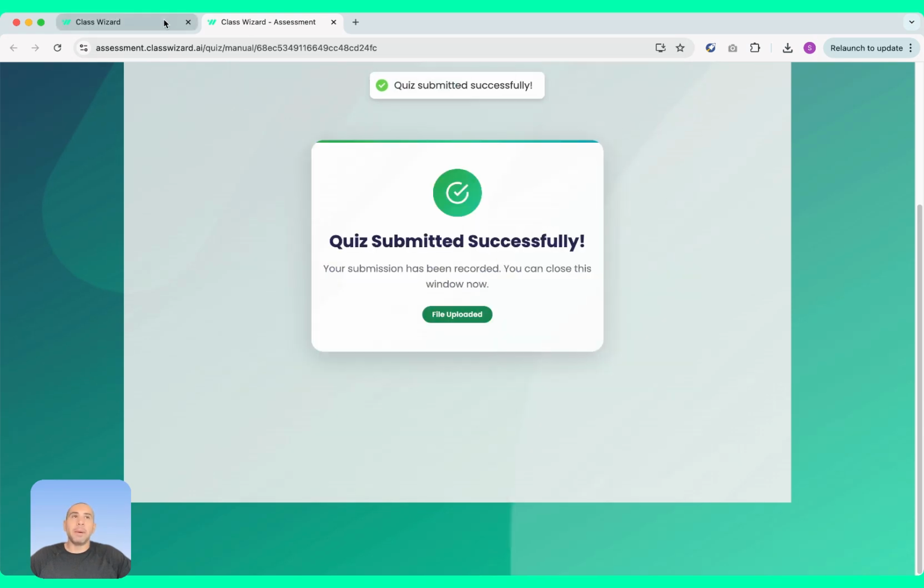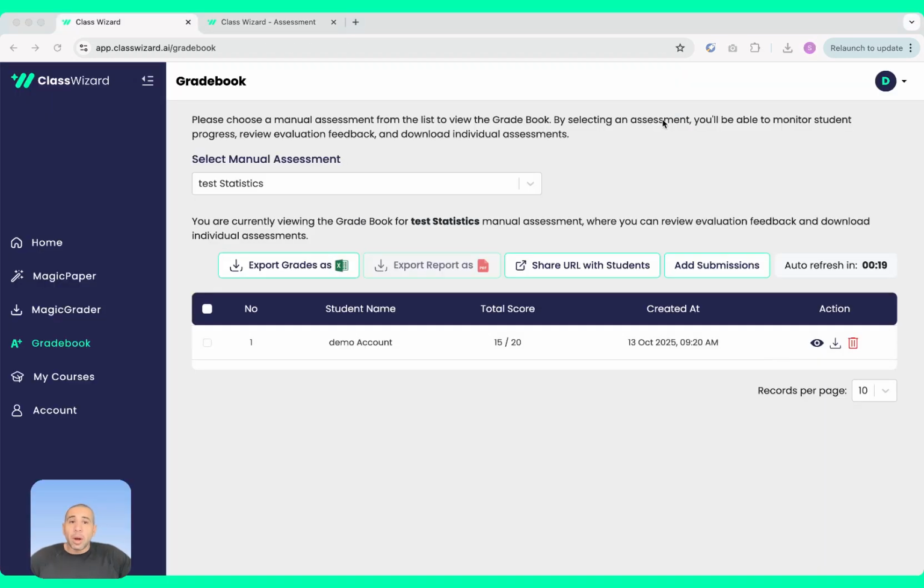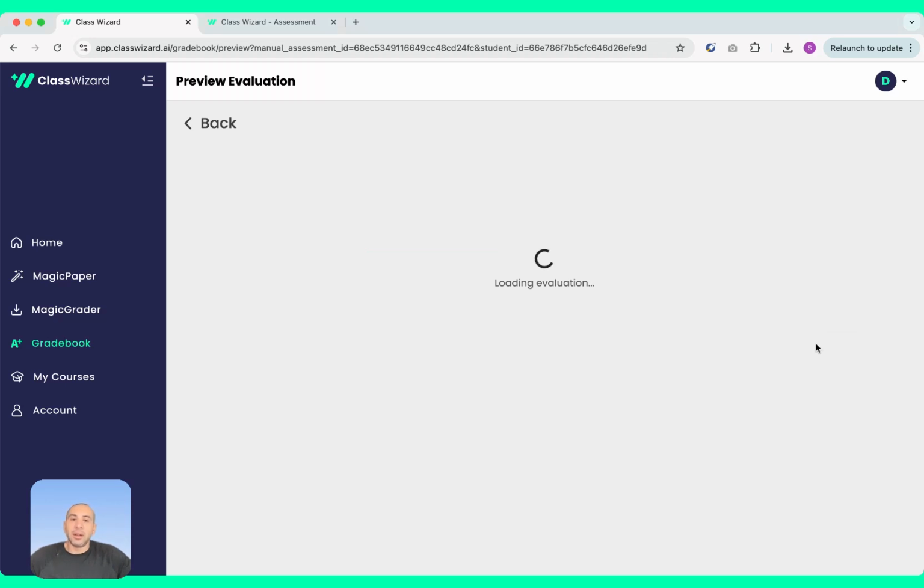And now it will basically be processed in the background by Class Wizard. The student answer will be extracted, digitalized, and everything will be graded for you. It usually takes between 45 seconds and 1 minute per assignment. So let's see the results on the application now. About 1 minute later, going back into the grade book from the left-hand side menu, you can see that our demo account has been graded 15 out of 20, and we can open the submission here,